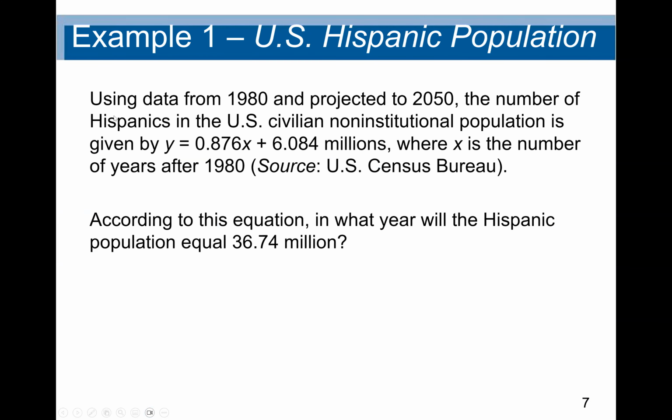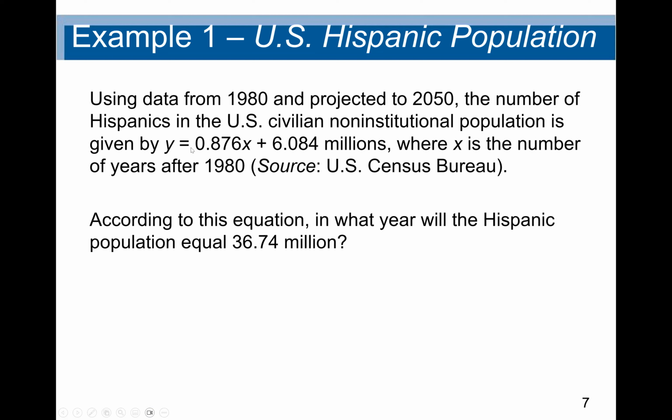Now let's see an application here. Here they say we're using data from 1980 and projected to 2050. The number of Hispanics in the U.S. civilian non-institutional population is given by the following equation: y equal to 0.876x plus 6.084 millions. Here x represents the number of years after 1980. So according to this equation, in what year would the Hispanic population equal to